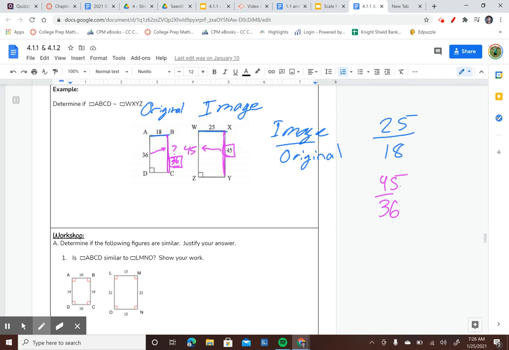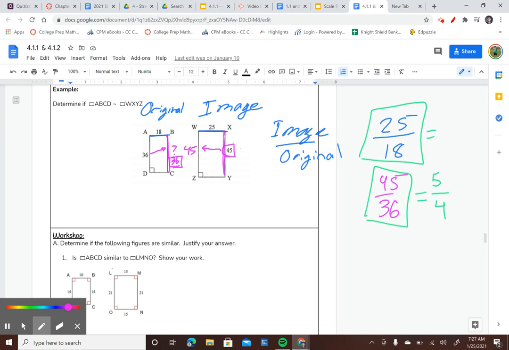And now we need to see if these two ratios here are equivalent. And so can we reduce these ratios? Well, I noticed that I can't really reduce 25 over 18. And I could reduce 45 over 36. If I divided both by 9, I'd have 5 over 4. But since we can't reduce that top number, let's go ahead and just divide. Because remember, when we write something as a fraction, or we have that little sign there separating our 25 and 18, that is saying we can divide. So if we do 25 divided by 18,